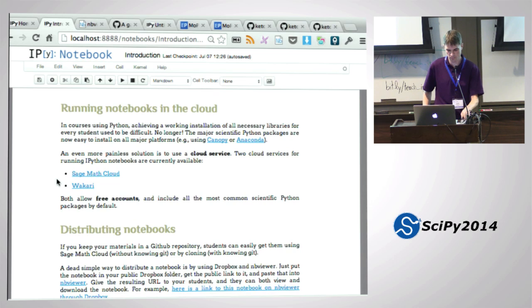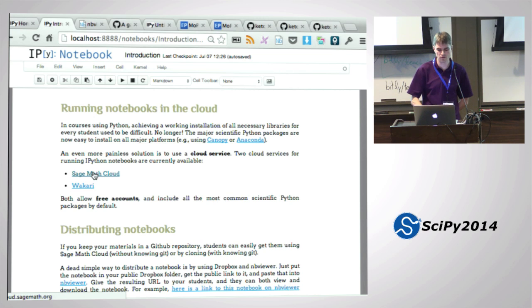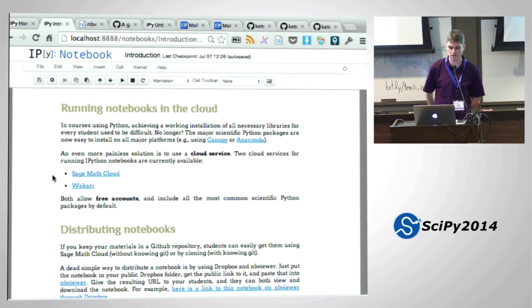Okay, so let's do something interesting now. One issue you have to deal with if you want to teach with Python at all is that you need all your students to have Python and the necessary packages like Matplotlib and NumPy installed on their computers. 5 years ago when I started doing this, that was still a pain. Now it's quite easy. You just download Canopy or Anaconda and you have binaries on whatever platform you want. This last semester in the spring, I tried something that made it even more painless. So there are 2 cloud services that will run IPython notebooks, Sage Math Cloud and Bokeh.